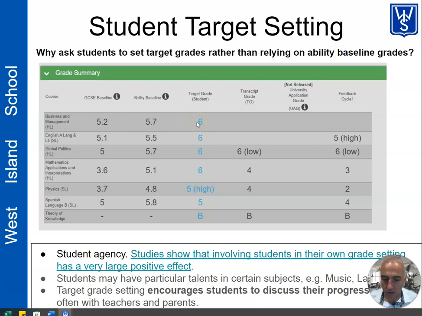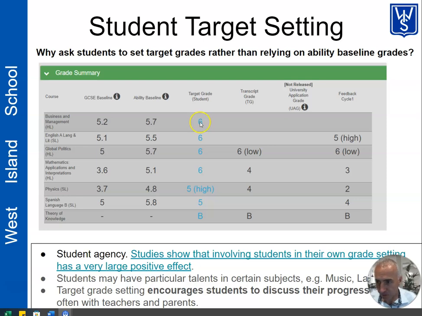And what we do as well is we get our students to set target grades, which means they're getting involved, which gives the students agency. And studies throughout the world have shown that if you get students involved in their own grading and target setting, it has a very large positive effect on their final score, because they feel invested in the process. So this student here, who is from our current year 12, I just picked this off a couple of days ago,